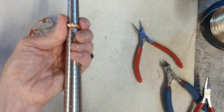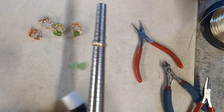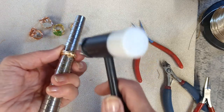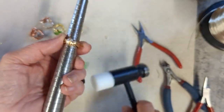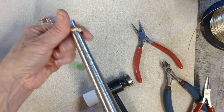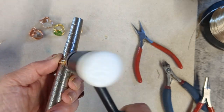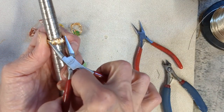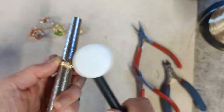So put it on your ring stick again. It's going to be smaller because of the binding. So when you make it, you don't want to go smaller than your ring size. You want to go your ring size or a half size bigger, because you will be able to stretch it, but not that much. And really, I can't really give you an idea of how much wire to use, because